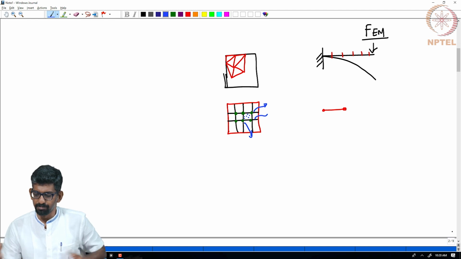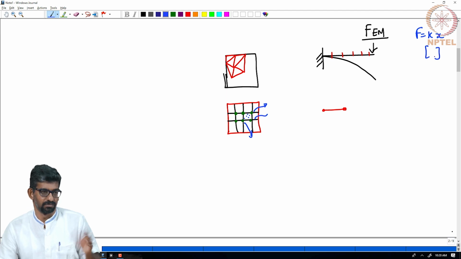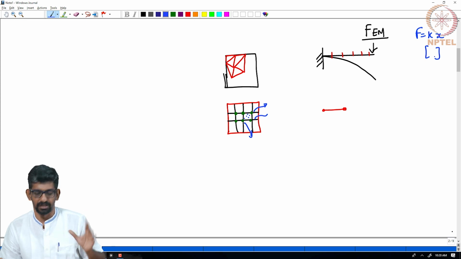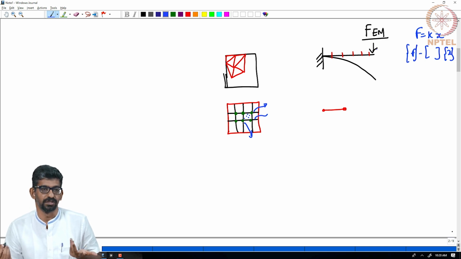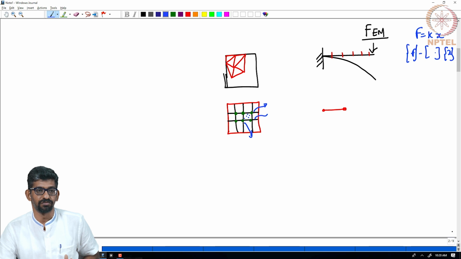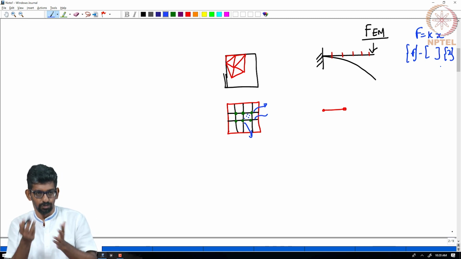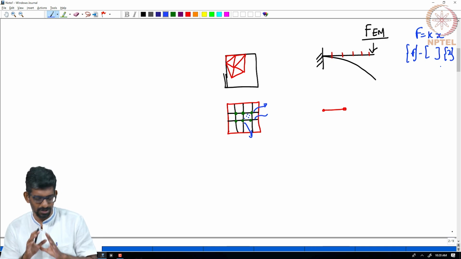So, it is simple stuff. What you want to know is F equals Kx is what you are going to use. K comes from the stiffness matrix, basically based on the geometry and the material property, and you can get it based on how you are discretizing, that is all. X is something that you are going to solve for, F is something that you usually know. You know what the displacement is, what the force is, and you know where you are applying it. Accordingly, certain elements will go off in this K, and basically you need to do a matrix inversion to find this X, but it is not that straightforward, because I could have a million nodes here. Doing a million by million inversion could be a problem, and there are some mathematical tools that let you do this. This is the most simplistic way of looking at it.